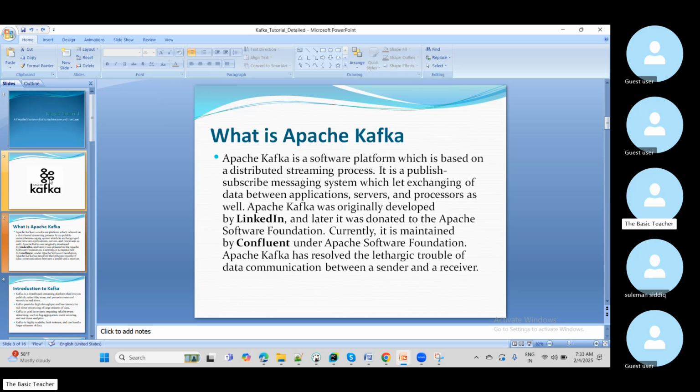So Kafka is a kind of distributed event streaming platform which is designed for handling real-time data feeds, and this is widely used for high throughput, fault tolerant, and scalable messaging systems. That is making it ideal for event-driven architecture, real-time analytics, and data pipelines. So here, if you see, this is a kind of platform which is